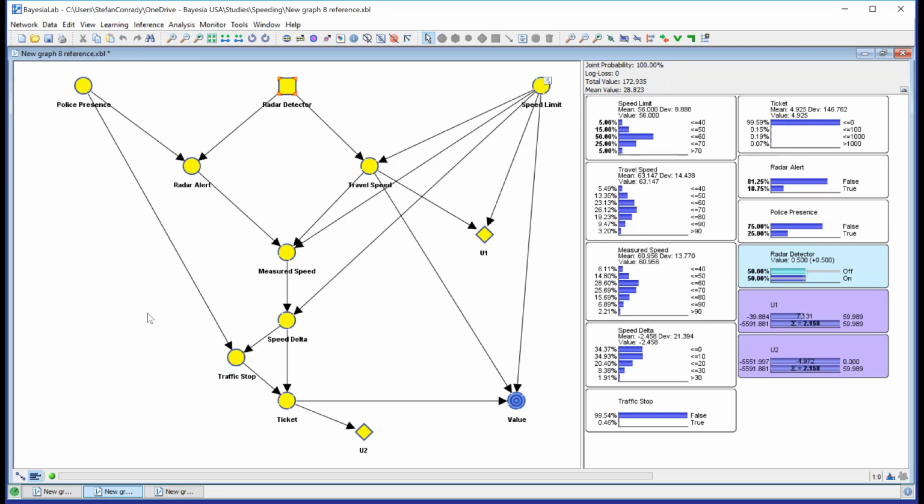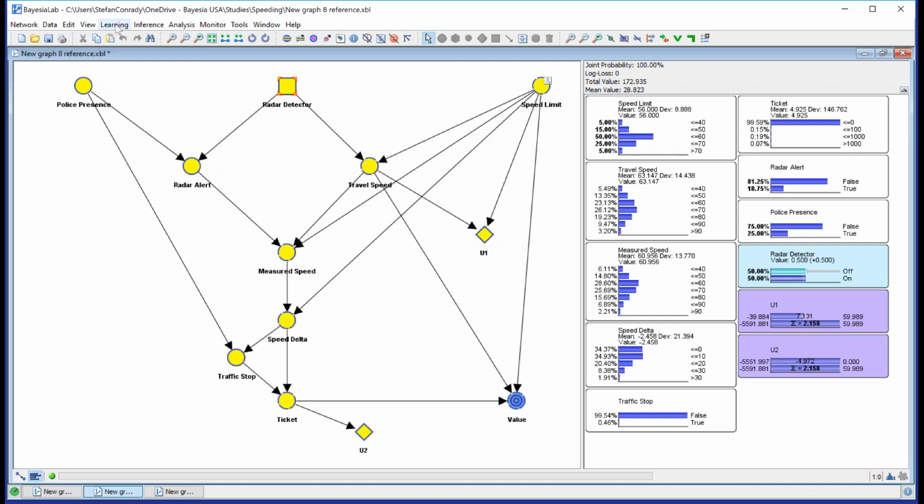Now I want to use this network to help me determine, is it prudent to use a radar detector? Basically, do I get a greater value for the organization having it on versus having it off? Knowing well that there are multiple paths of influence. On the one hand, the radar detector alerts me. On the other hand, the radar detector also may incentivize people to speed. So what is the net benefit? I don't really know, but taking all my utilities, I can now make a policy decision with BayesiaLab.